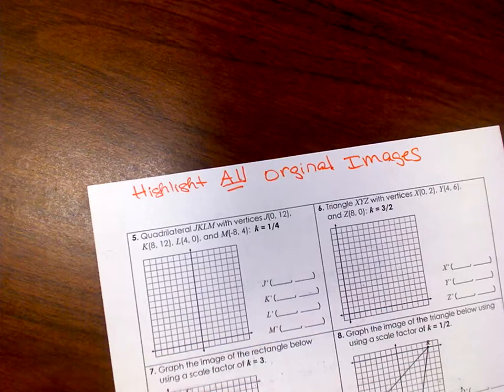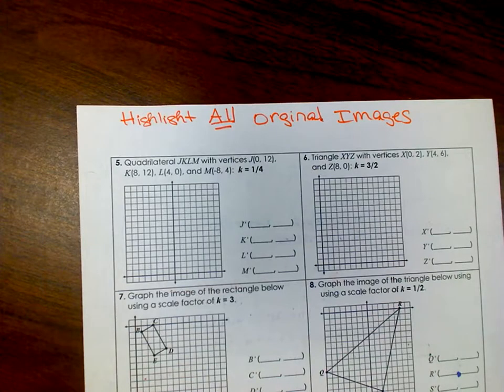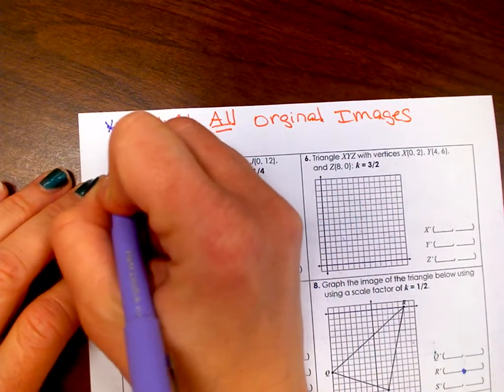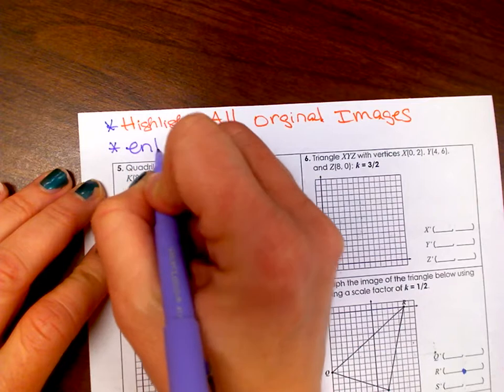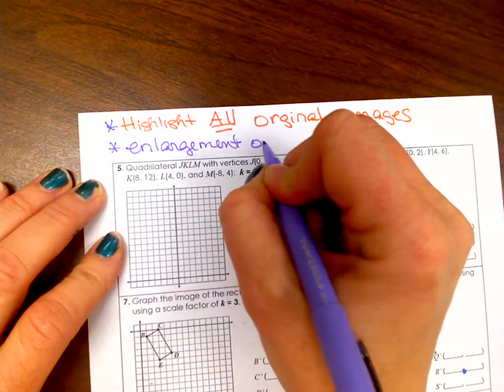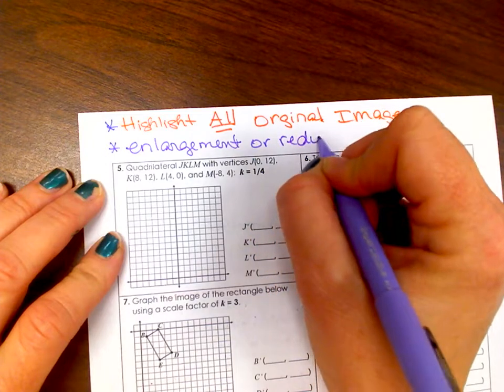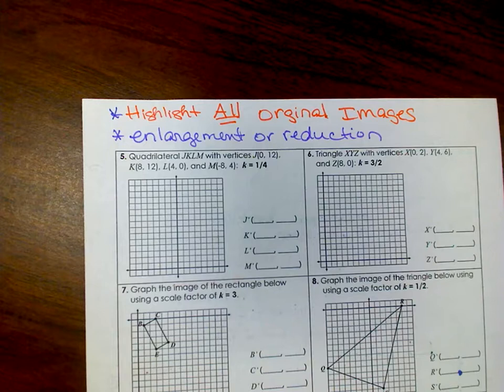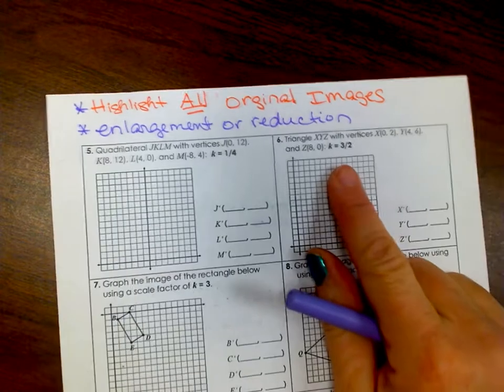Okay, on every single one, highlight all the original images. And also I want us to write enlargement or reduction. And I want to show y'all this one right here,